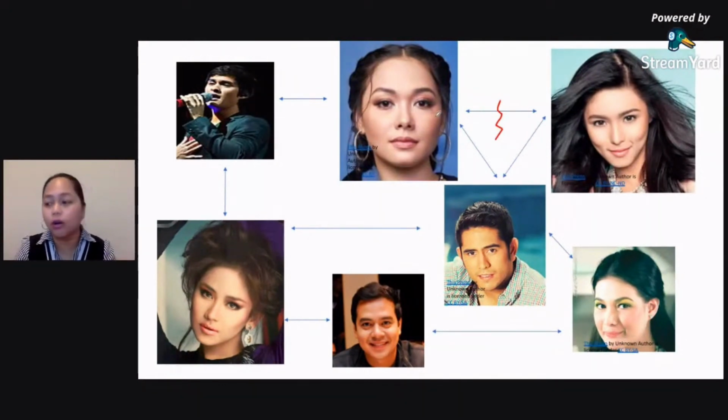Then Maha Salvador, of course, was the ex-girlfriend of Mateo Godicelli. Mateo is now married to Sara Geronimo, who was also linked to Gerald Anderson, who was also a love screen partner of John Lloyd Cruz, who was also the love team before of Bea Alonso, who was also the ex-girlfriend of Gerald Anderson. Okay, so ito po ay isang example ng sociogram. Okay, so this is an example of a sociogram.